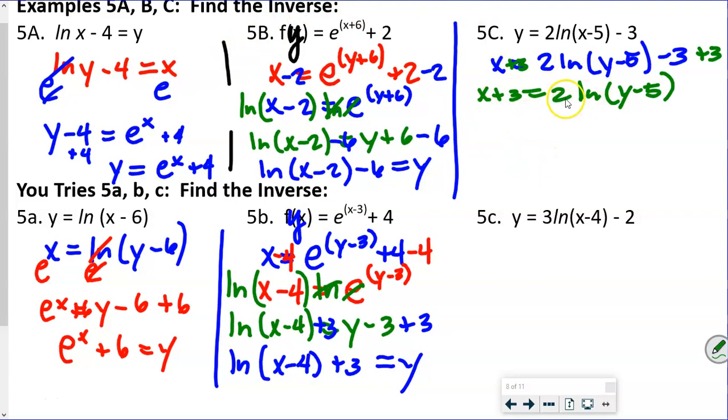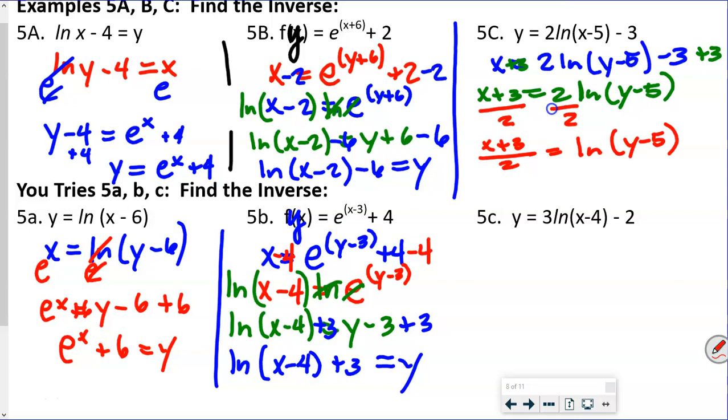Now what we're going to do is, this 2 is being multiplied, so we're going to divide by 2, okay? So that means we're going to divide this right side by 2 and the left side by 2, right? So now that gives us x plus 3 over 2 equals our ln of our y minus